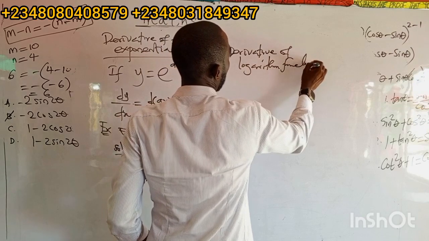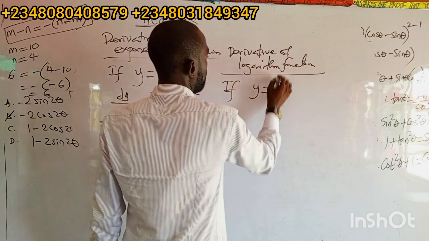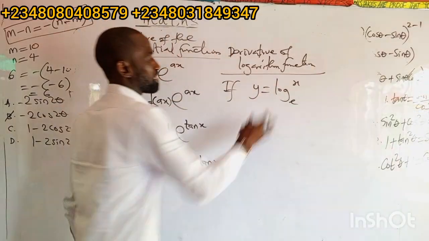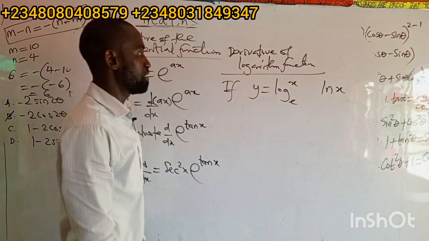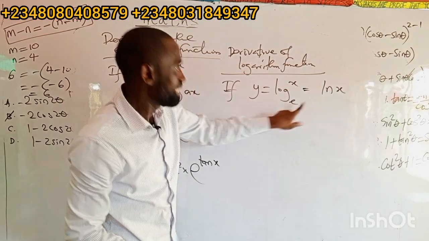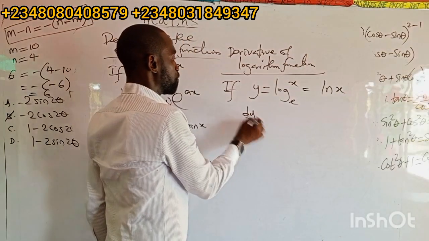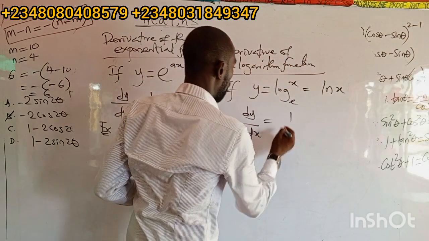If y equals log of x base e, which is the same as ln x. Log of any number to base e is the natural log of that number. So our dy/dx, see what the thing is saying. It means differentiate x, that is 1 all over